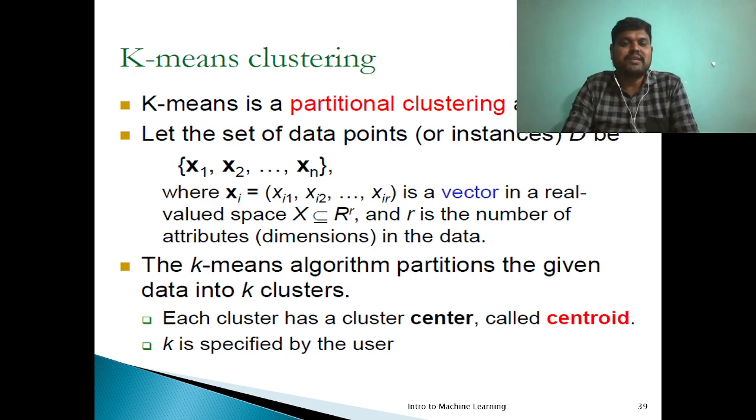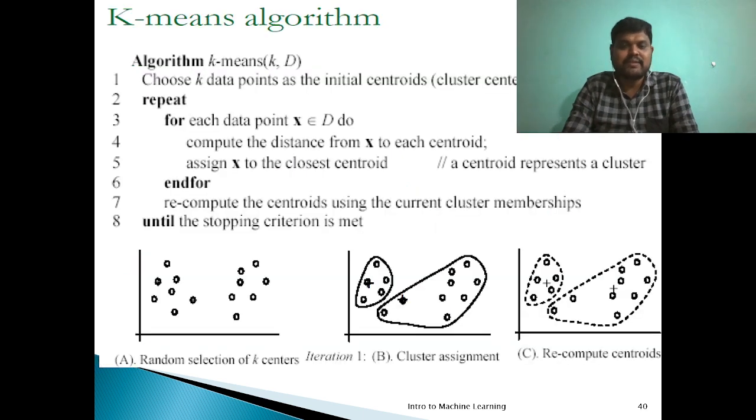So simply, let us take a set of data points, right? Then you have to calculate the distance. You have to select a centroid or a head center, so that the distance from the center node to all other nodes should be minimal. So you have to select a cluster center called centroid, right? It will form a cluster, and then it will select one cluster center. The distance should be minimal from the center to all the nodes, right?